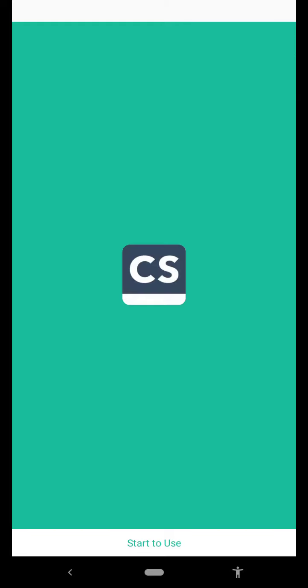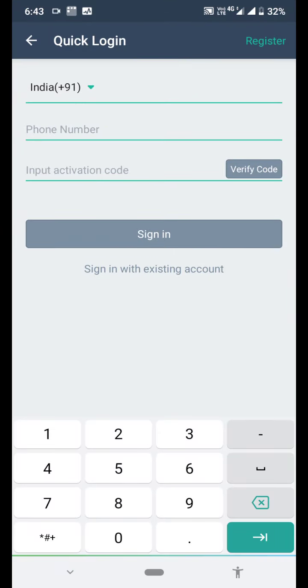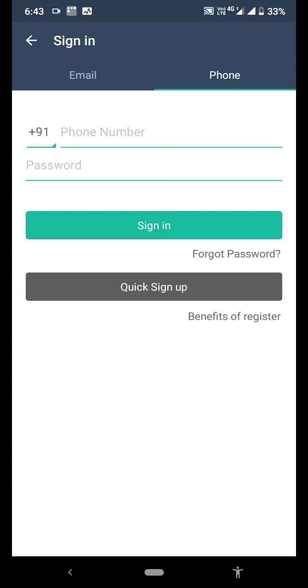This is CamScanner. Start to use it. You have to register.